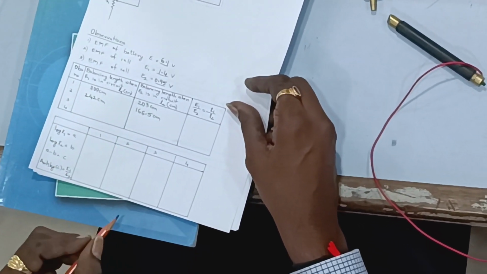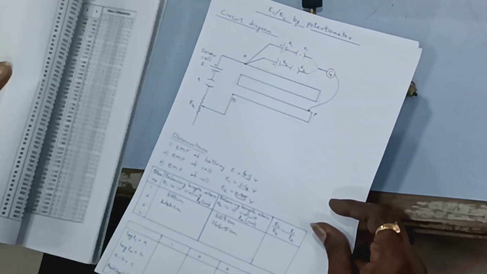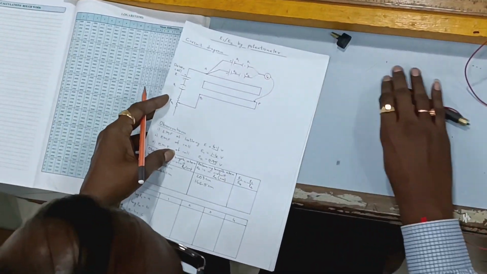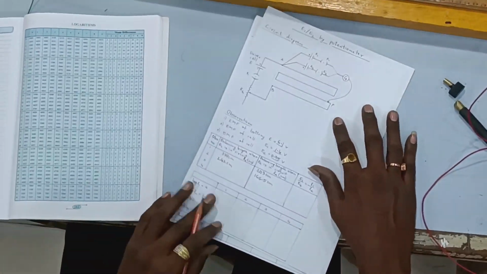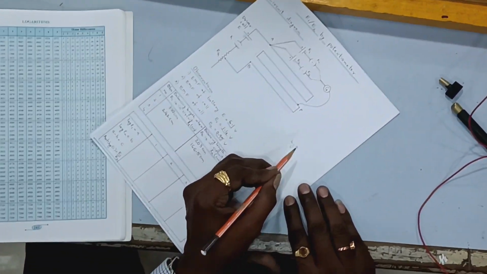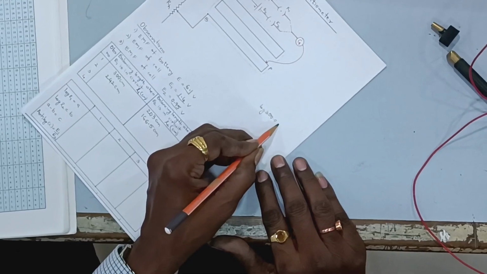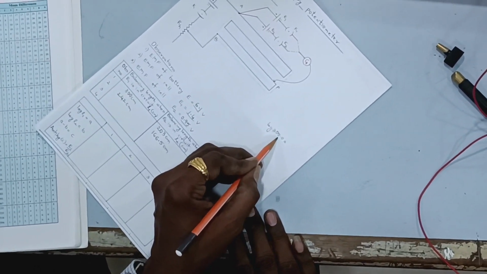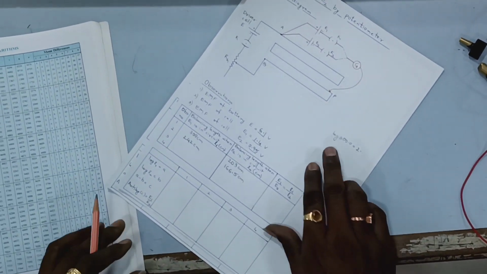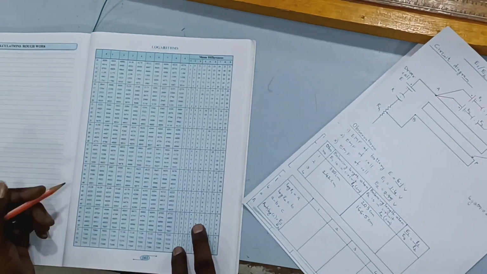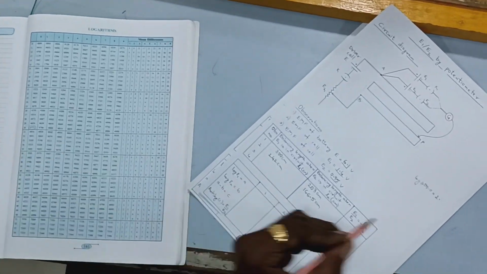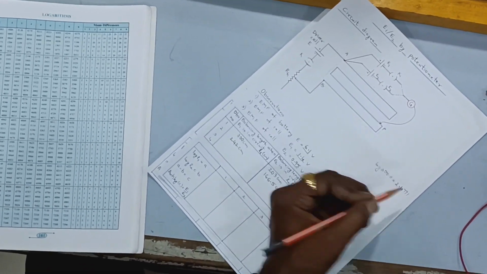first reading, log of 300. Now log of 300, if we are talking about how to do the calculations using the log table, I have taken this log table. Regarding the first reading, log of L1. Log of L1 for the first reading is log of 300. Log of 300 means log of 300.0. Before the decimal there are 3 digits. So the characteristic will be 3 minus 1, that is 2. And for the mantissa part we will look at the 30th row, 0th column. 30th row, 0th column it is coming as 0.4771. So 2.4771 is the log of your first value.